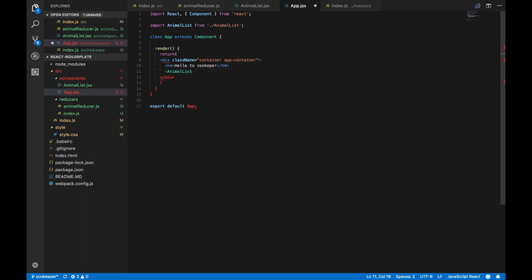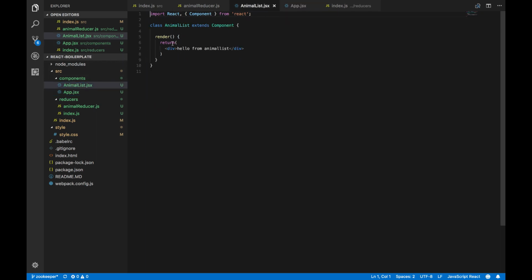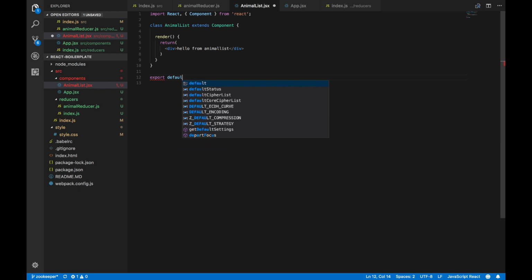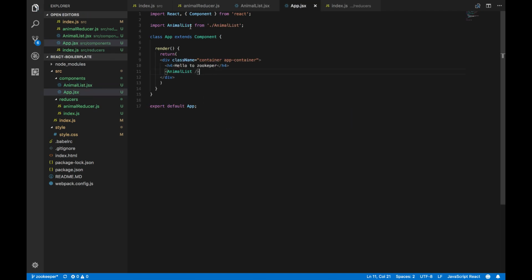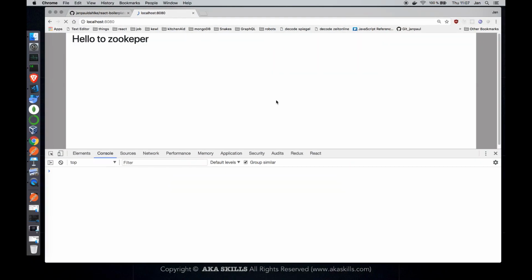This is pretty much the same thing that we did in the Pokemon app already. I wrote a very simple markup here for the animals list. By the way, we should export the component to import it. Otherwise, it would give us an error. So we are exporting it default. And we are now importing the animals list, and we are showing it here. So let's see. Yeah, hello from animal list. There's a double L, but it's okay. And I want to iterate over